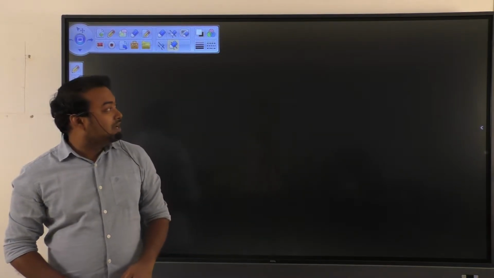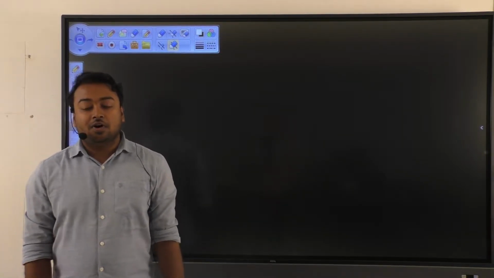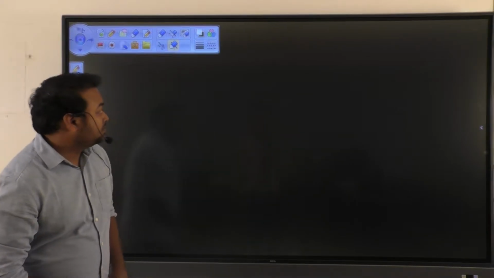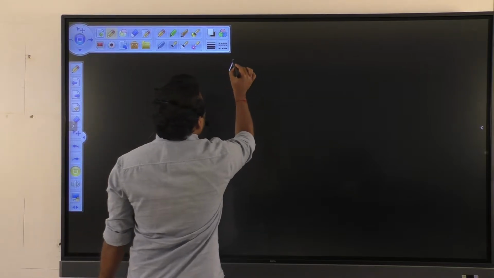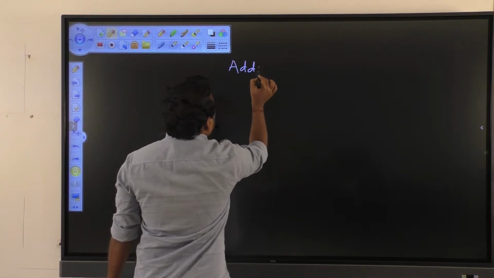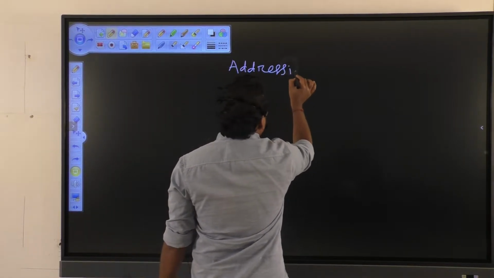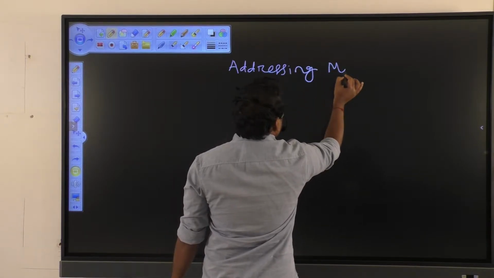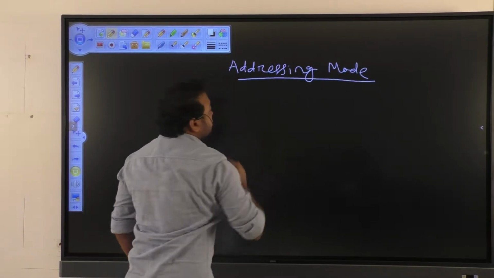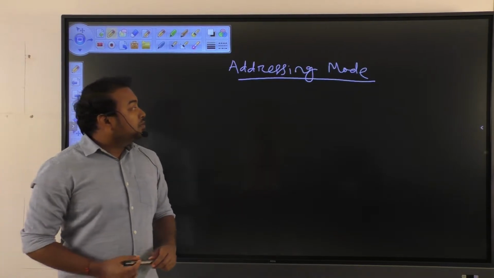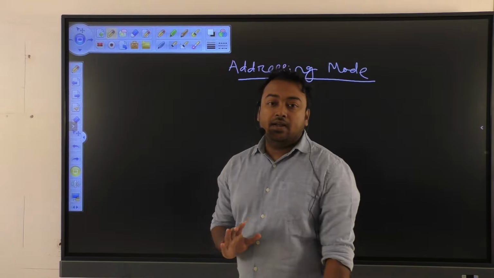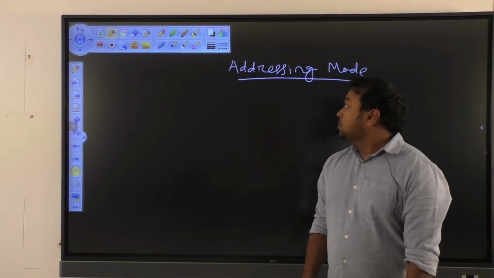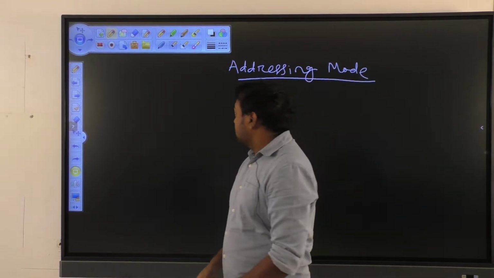I am going to give a lecture on addressing modes of the 8085 microprocessor. Addressing mode is the different ways to address or specify the operand in an instruction. So there are 5 different ways, that is